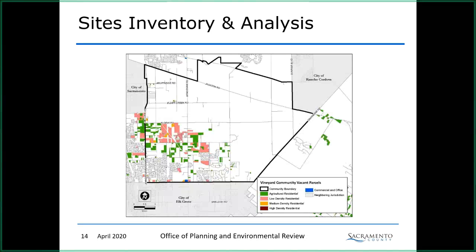The county does not currently have enough appropriately zoned land to meet the RHNA requirements for low and moderate-income households for 2021 through 2029. Therefore, as a part of its housing element, the county will need to rezone land to increase the amount of medium and high-density residential sites in the county. If there is property in your community that you think would make a good site for medium or high-density residential development, or if you are a property owner who is willing to have your property rezoned to a higher density, please email us at housingelement@saccounty.net.